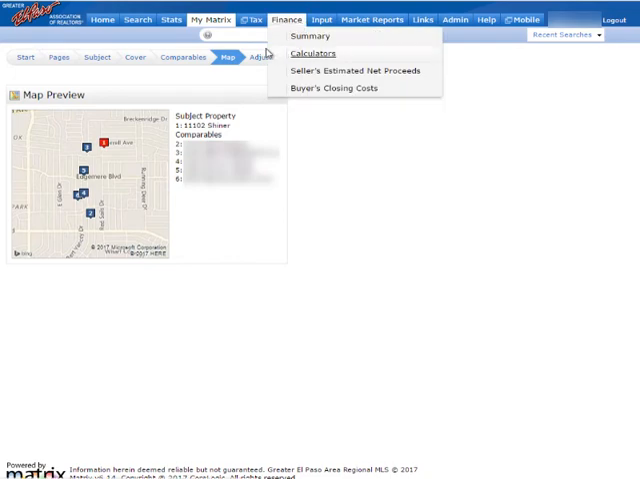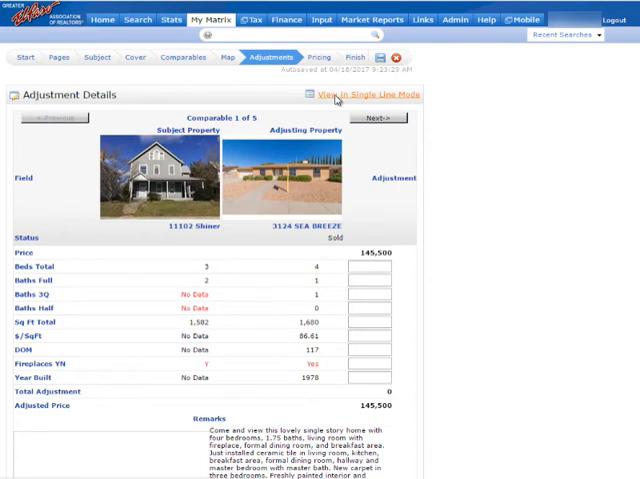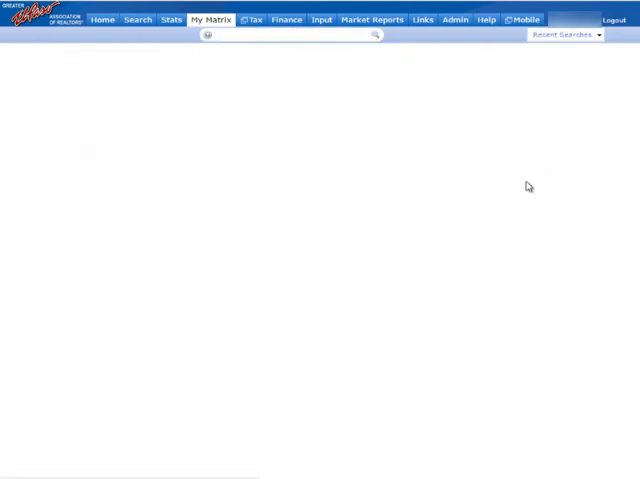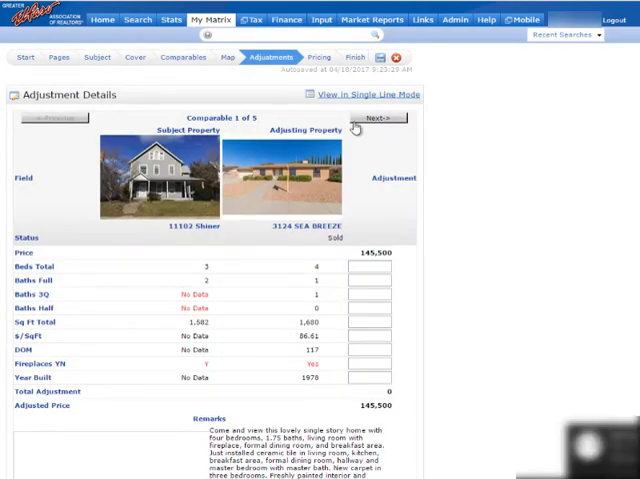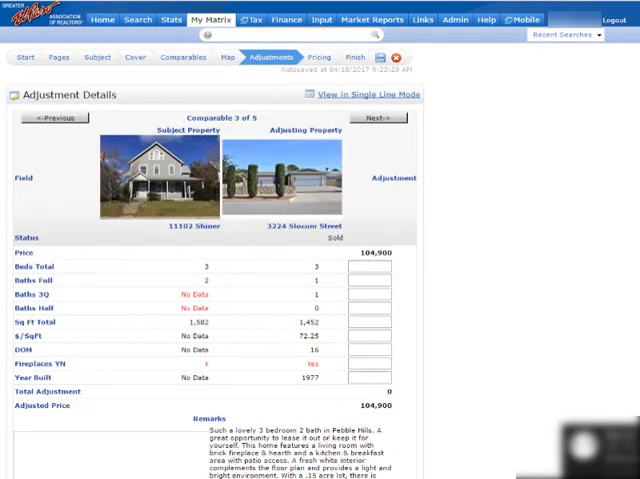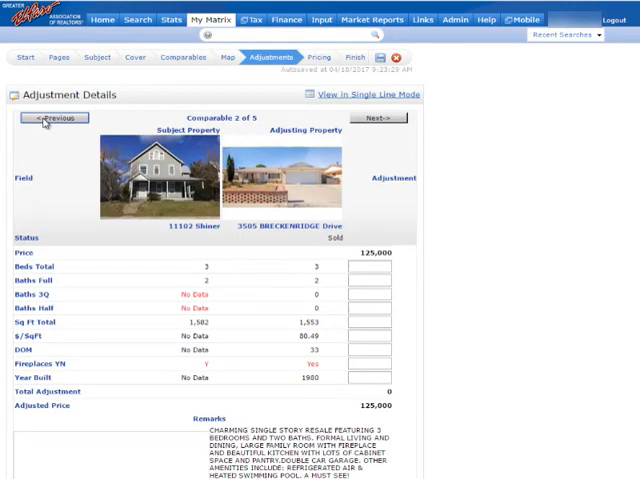And there's the map. Okay, the next section is called adjustments. I can look at the adjustments 2 ways. I have a detail mode I can click on, or single line mode. Either way is your preference on how you want to look at the subject property and its comparables. In this one, I'll click through the next button to go through my 5 comparables. You can see each one has a photo,